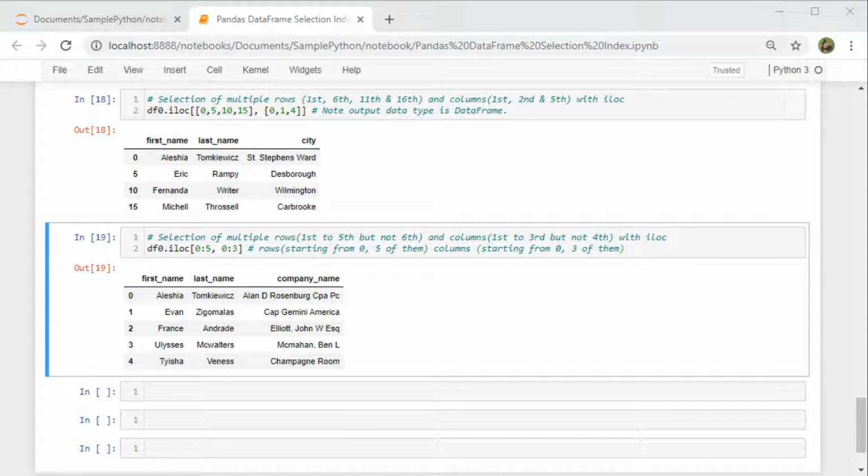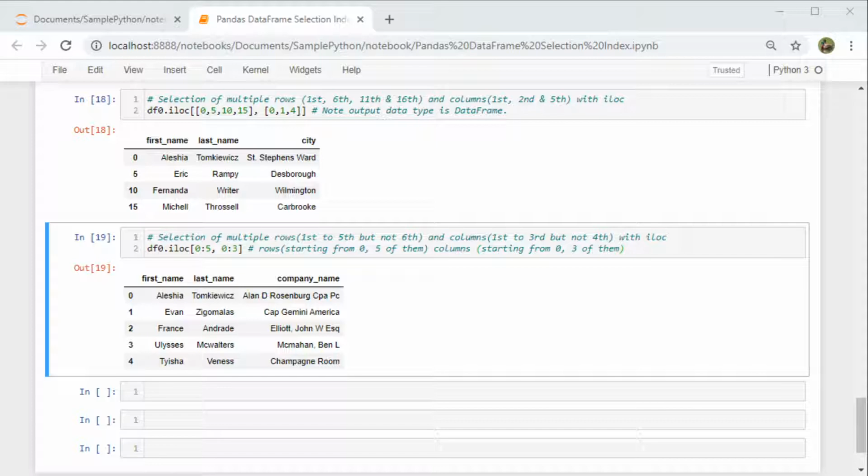Now moving on, let's say I don't want to use the same index. I want to use an index which is unique. Here we have the index as a running number 0, 1, 2, 3, 4. I want to identify each row with a unique value. I don't want to use first name or last name because two people may have the same first name.